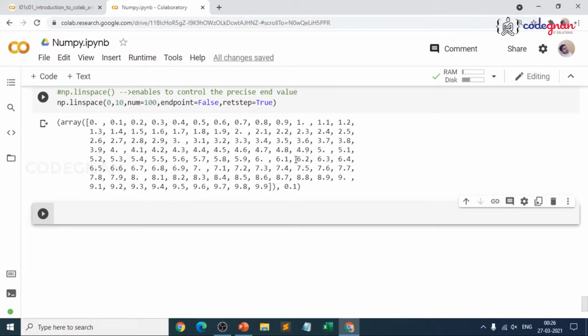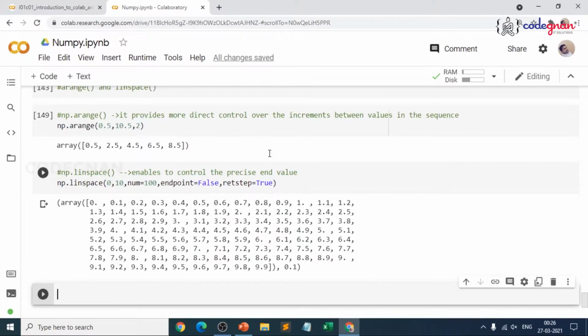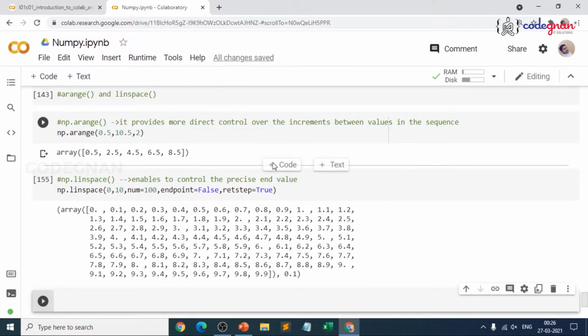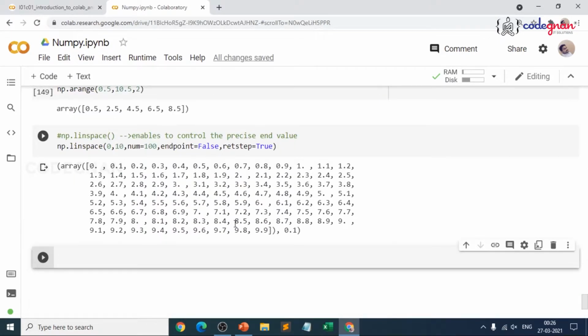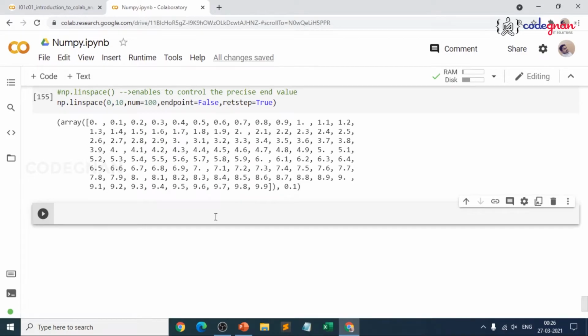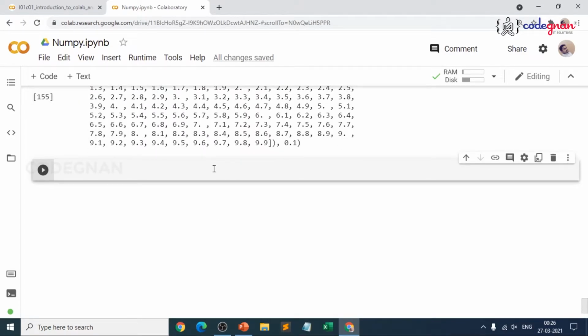So we have understood the difference between linspace and arange function. We have also seen how indexing and slicing work over n-dimensional arrays. Now let's try to expand that to Boolean indexing. What do you mean by Boolean? It returns true or false. Then how is that related to indexing? Wait, let me make it clear.